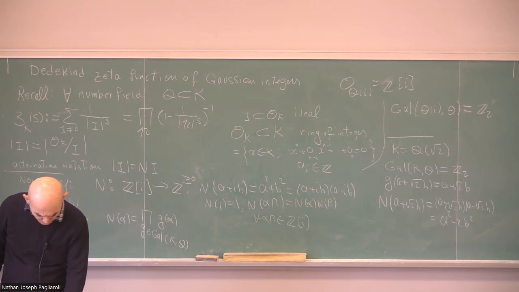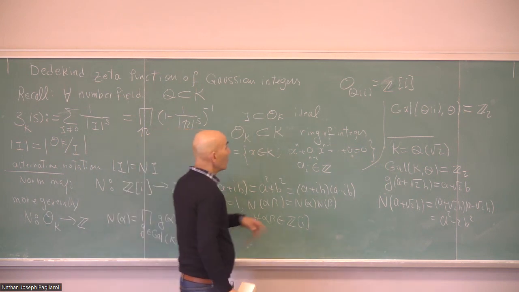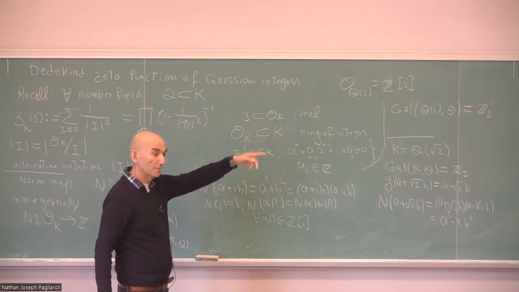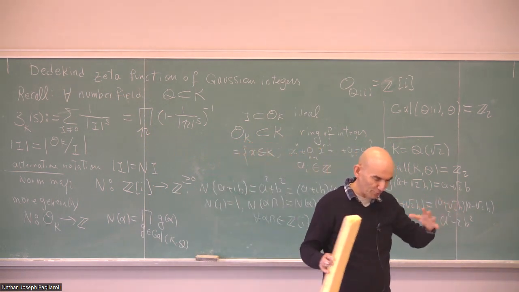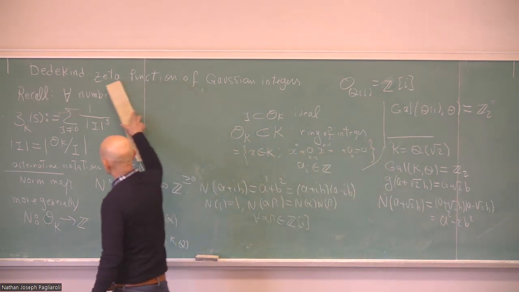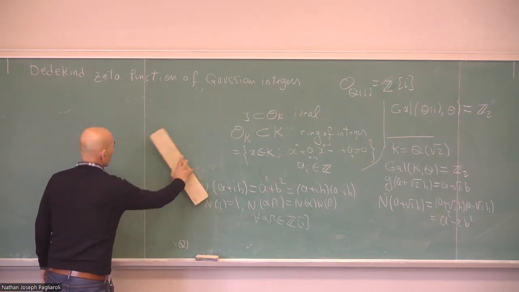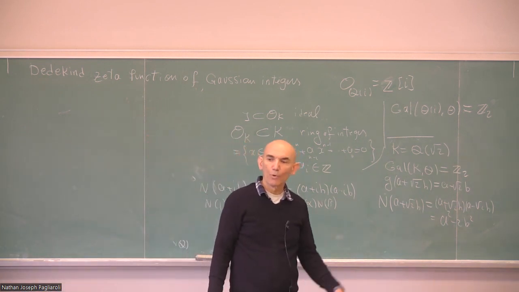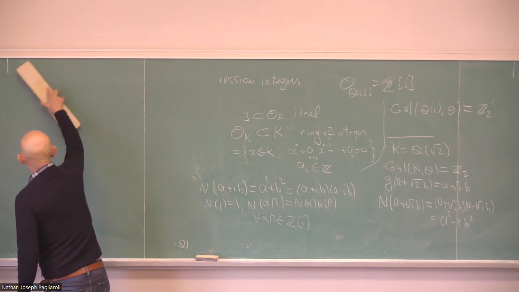So what else did I want to say? Yeah. So Gauss actually introduced both Q(i) and Z[i]. He started doing number theory in Z[i]. For him, this Z[i] was an extension, but it was a new world to do number theory. So one of the first things he wanted to see was whether the unique factorization theorem is true over there, or for example, whether the Euclidean algorithm holds here or not. And that's one of the first things he proved. So let me just write it here,